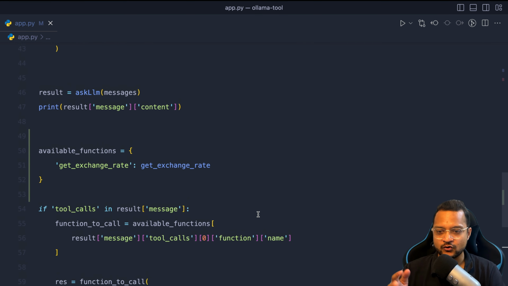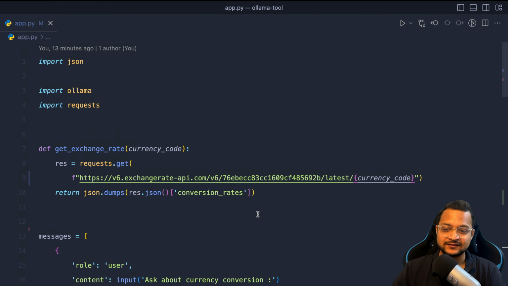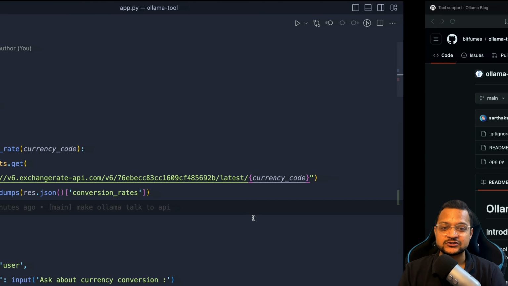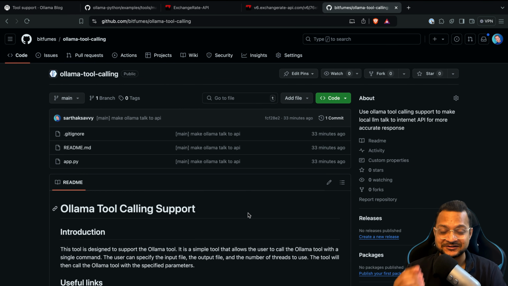You can make your code much better using this code, and all the information will be available in the GitHub